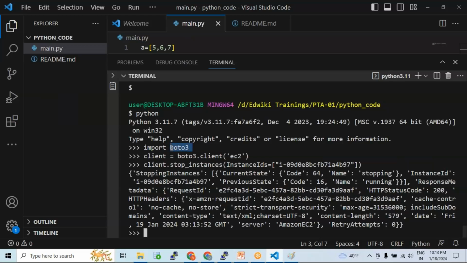Line 1 is to use the Boto3 SDK. Line 2 is to use the EC2 service inside Boto3, because Boto3 works for all the services. Whichever service you wanted to use, take that client connection. In line 3, in that client, you go with the specific method that you wanted and pass your input inside. So once you figure out exactly how to write the Python code in your Python interpreter, line by line,